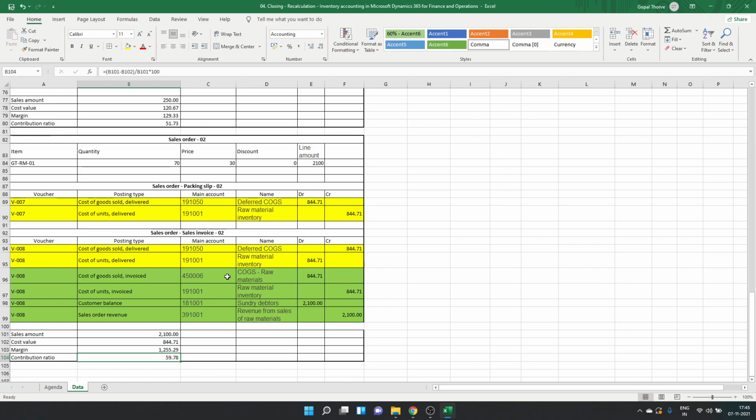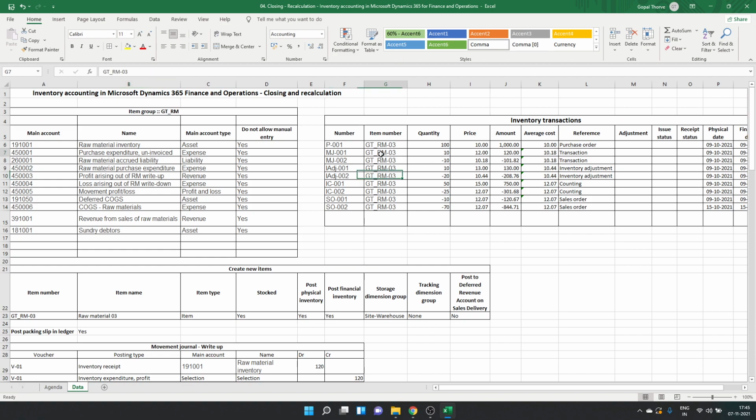Okay, but after closing, after inventory closing or recalculation for this particular item, this contribution ratio, margin, everything will change. Okay, so